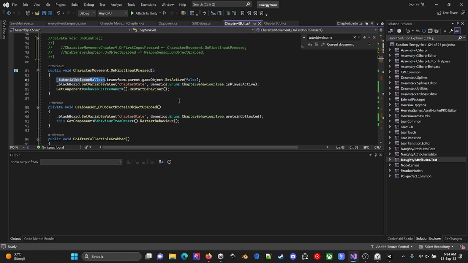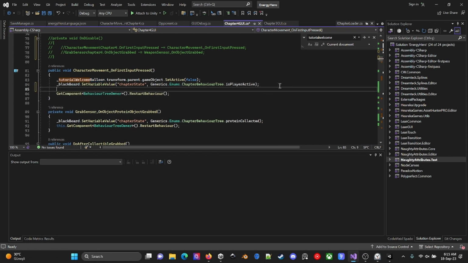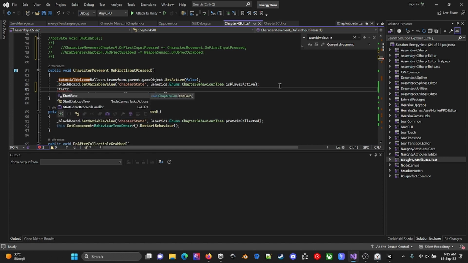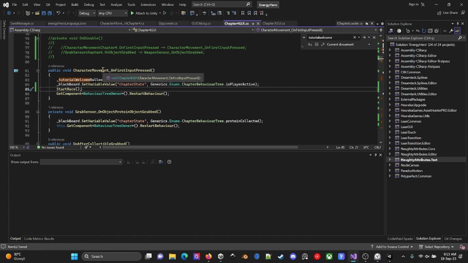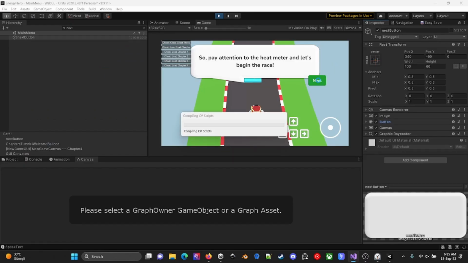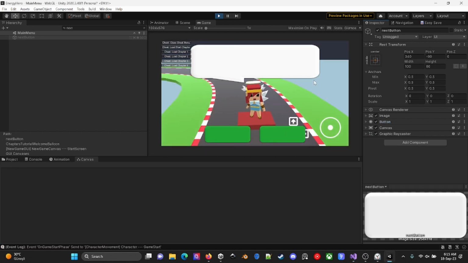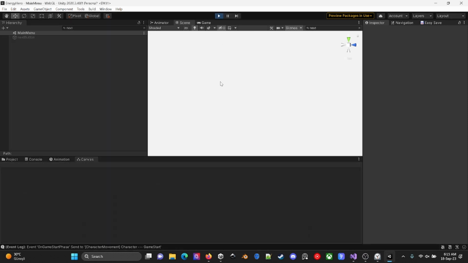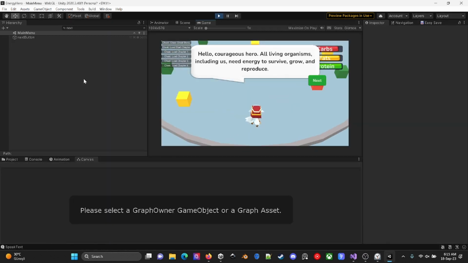It just sets the tutorial welcome button, and it will be an easy solution. Just adding the start race method in here, and after I press the next button, it should just start this race, and enable my character to run through the course.